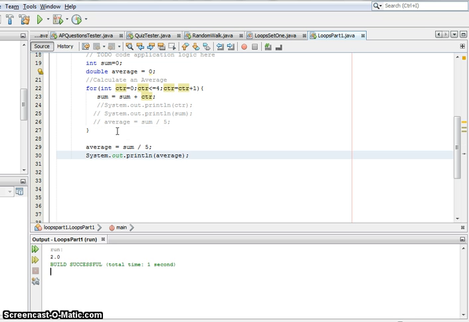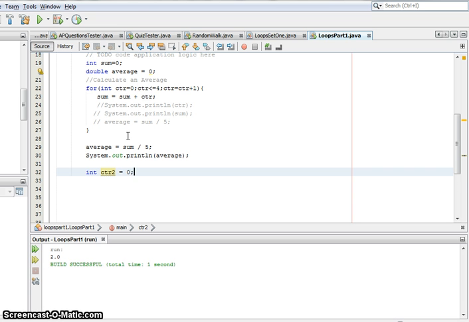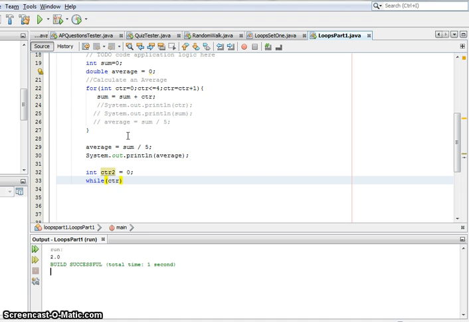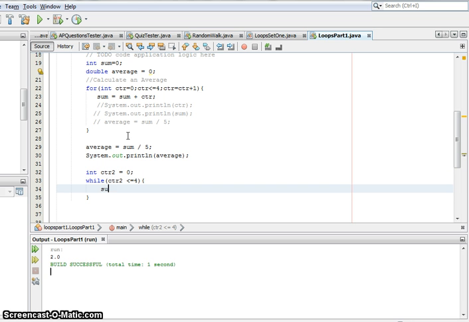Now if I wanted to do this as a while loop for comparison, I have to be a little careful that I don't set up an infinite loop. I have to make sure I have a counter. I'm going to call it counter 2. I'm going to start it at 0. Now my condition is going to be very similar. While counter 2 is less than or equal to 4,